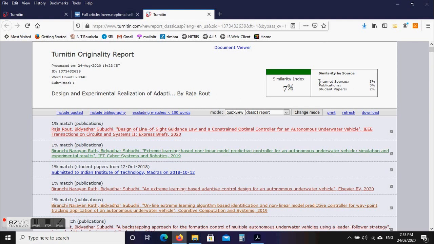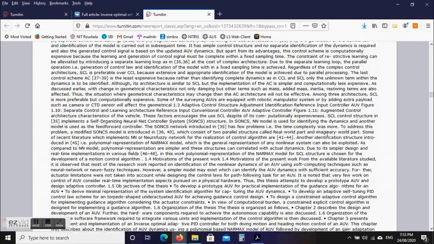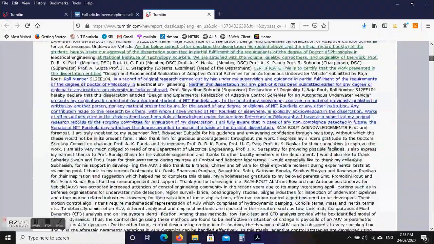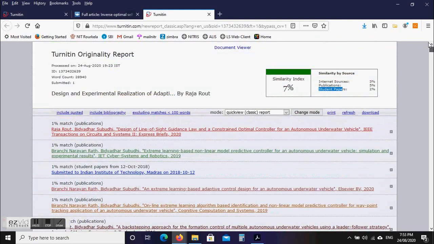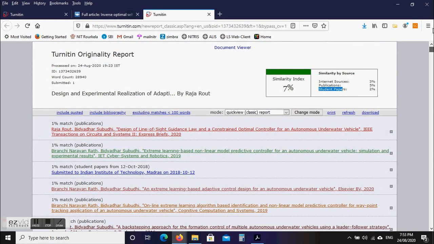The internet sources are 3%, publications matching 5%, and student papers 2%. This is the detail. You can download this one also, but it is not very user friendly. As you can see, the content is not properly paragraphed as it was in the original source. Here are the matching links. So this is another format to download instead of that PDF one.